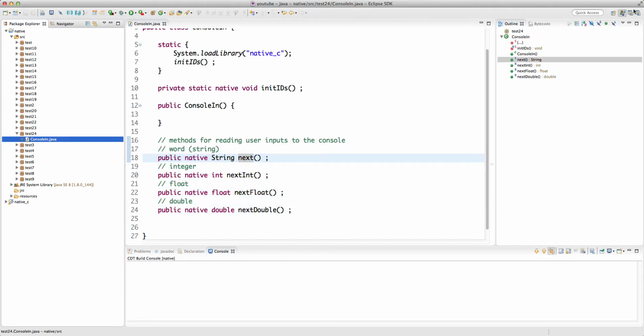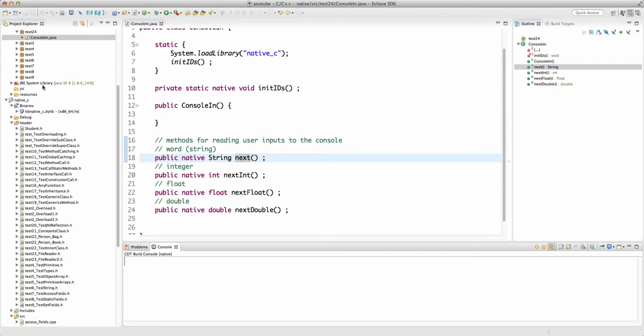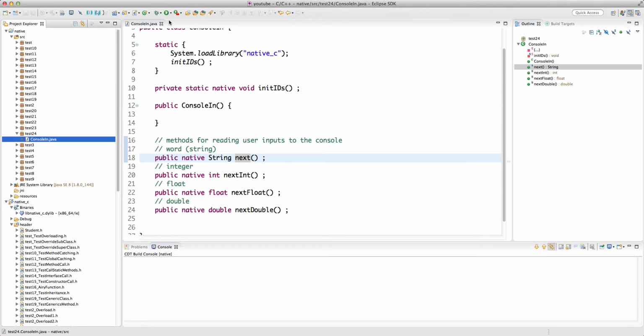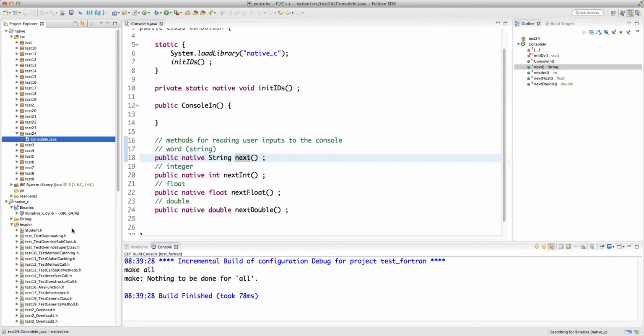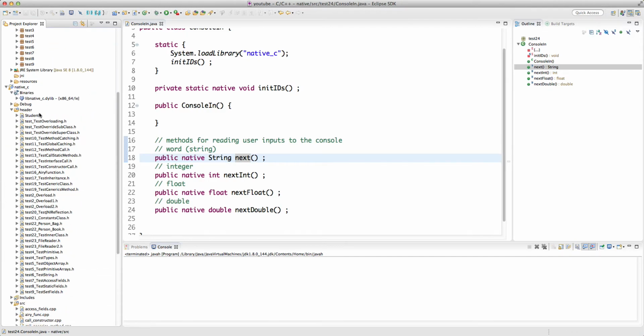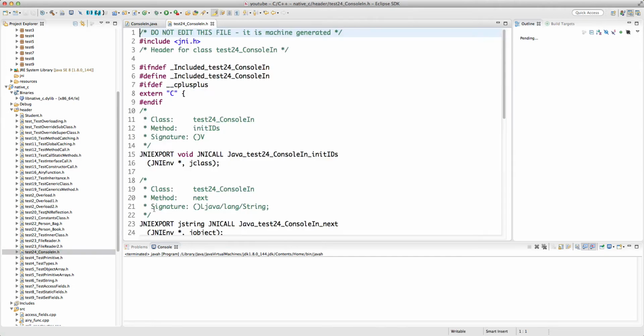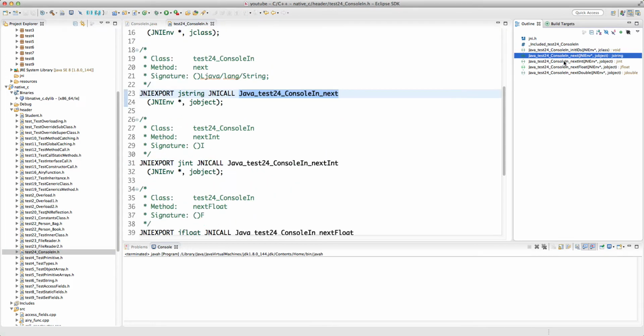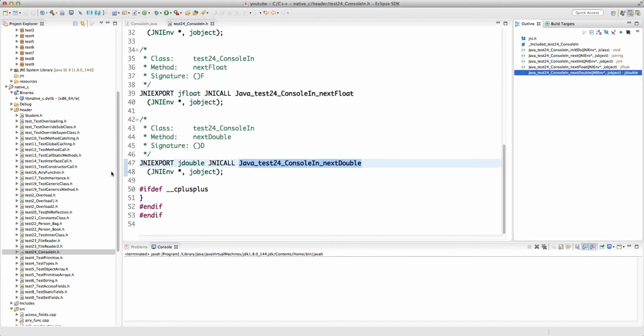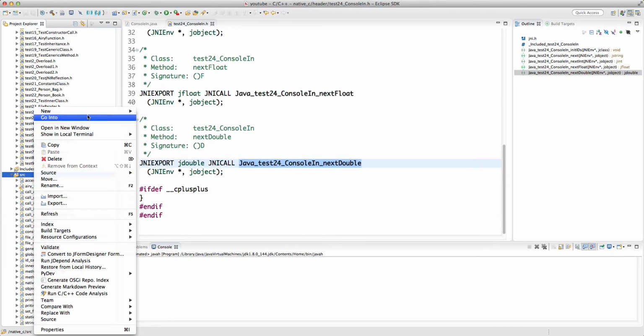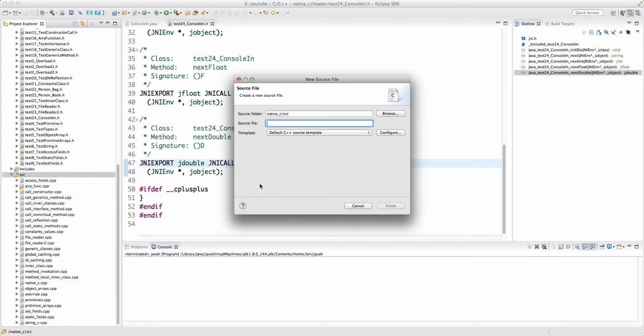So what I'm going to do, I'm going to the C++ perspective, select my Java code and run the javah tool, and it creates the header file and puts it in the header folder of my C++ project. It's called test24, and we have initIDs, nextInt, nextFloat, and nextDouble. All right, and then I'm going to the source folder here, src, and create a C++ source file called, let's say,